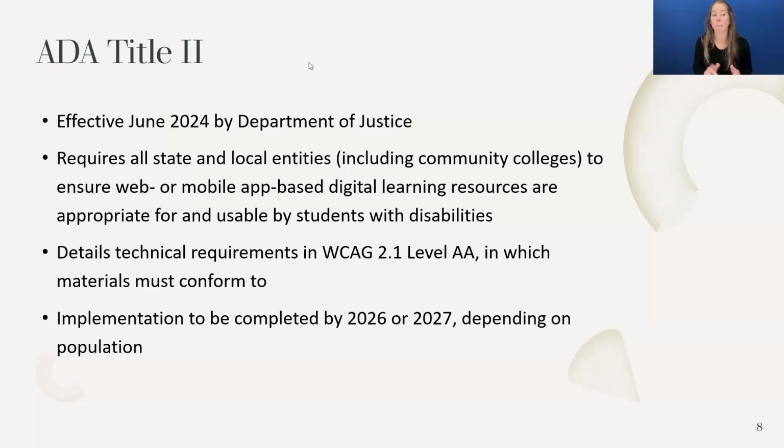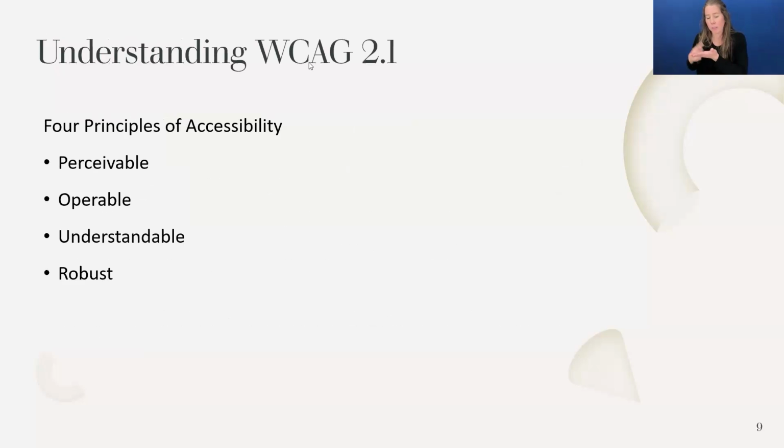And so for us, I'm just interpreting this ruling, but ours would be the fewer than, so it would give us 2027. And so what does, before I go into that though, we're going to jump into a little rabbit hole for a minute, and I'm going to briefly cover WCAG 2.1.